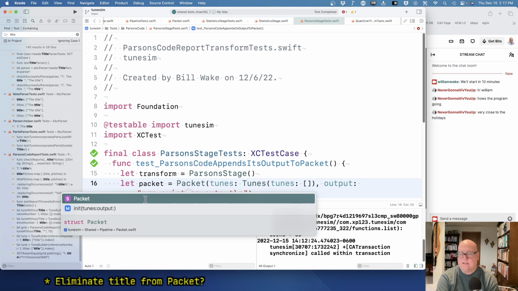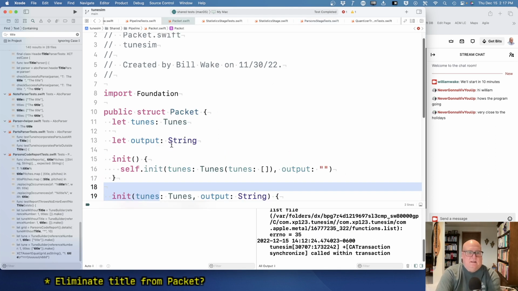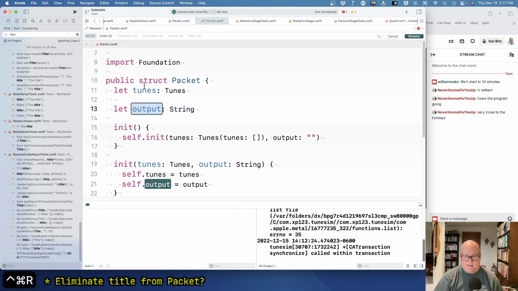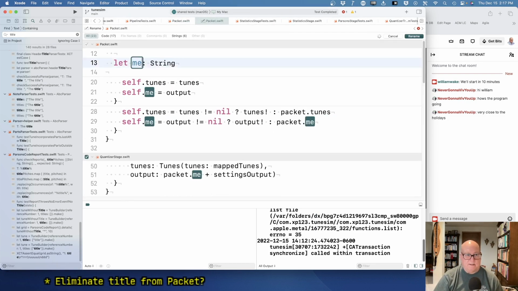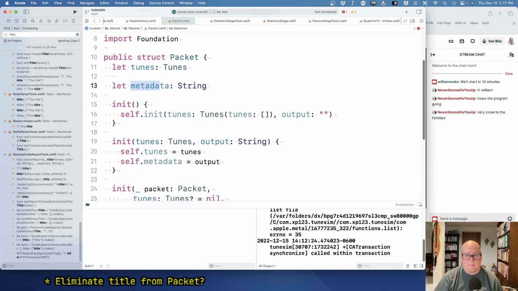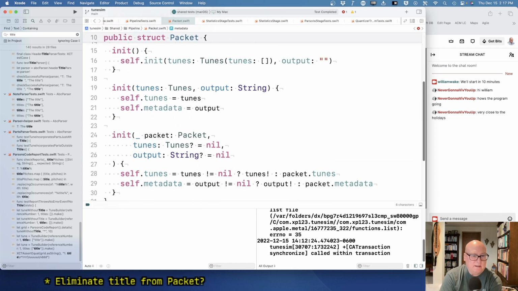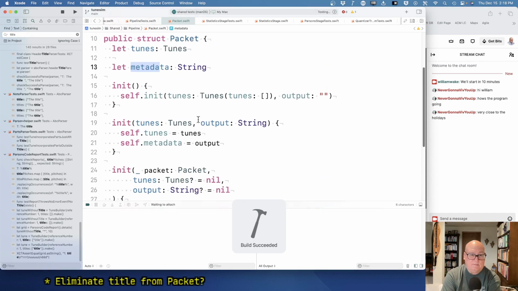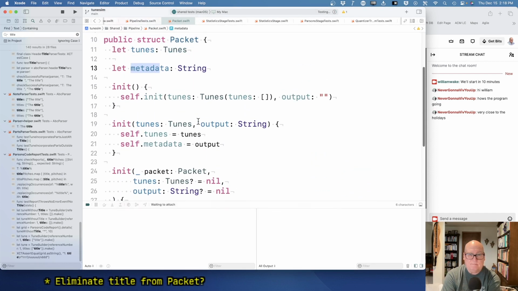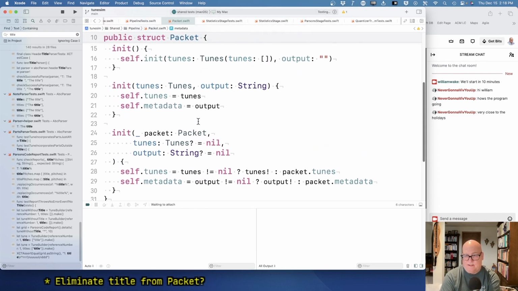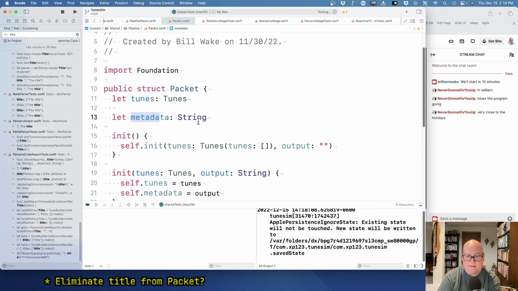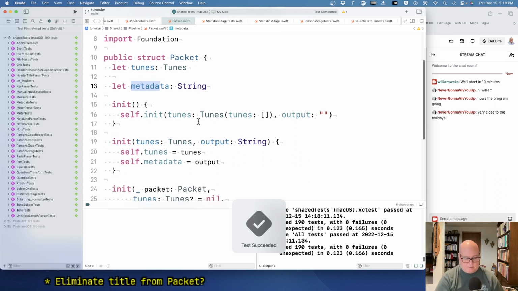Okay, I want to do two things. I've got 13 minutes. I would like to change the name. That's the easy one, so let's do it. Metadata. Okay. And then the other thing I'd like to do is maybe change it into an array of strings, because now I'm having to put new lines in myself, and I don't like that. It's just one more thing to forget. Okay, so